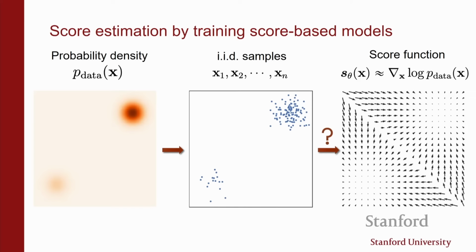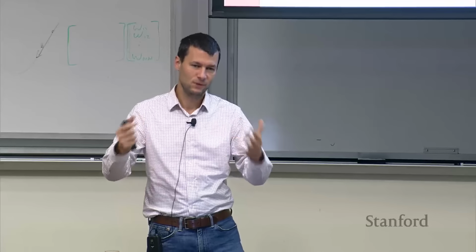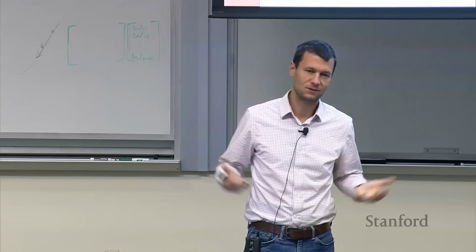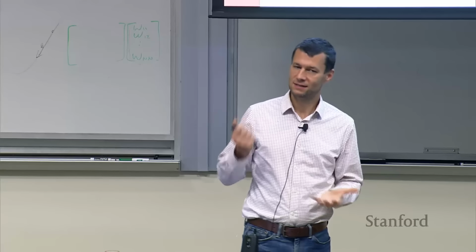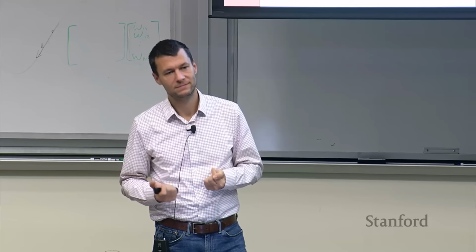To some extent, the gradient and the function are essentially the same thing. If you have the gradient, you can integrate it, and you can get the function. And because everything has to be normalized, you can get the function up to a constant, and we know what the value of that constant needs to be because it has to be normalized. So in some sense, it's just as hard as the original problem.